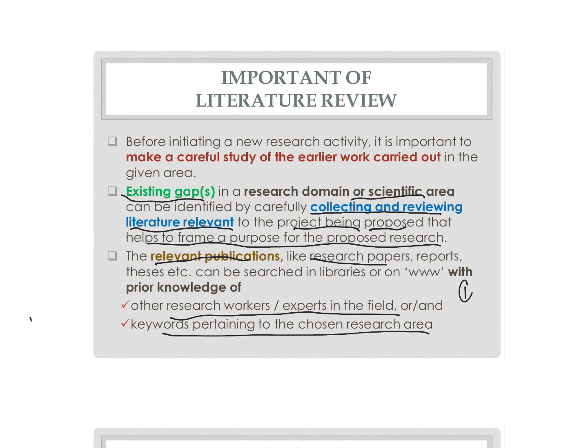Satu, awak boleh search by authors. Dah tahu dah, contohnya awak dah baca textbook orang ni, dia buat textbook, dia memang cerita pasal business intelligence, Syarda contohnya. So next pun guna nama lah. Okay, awak search nama Syarda, authors tu, dekat Google Scholar. Or use keywords pertaining to the research area. Awak masuk keywords. Okay, keywords here means